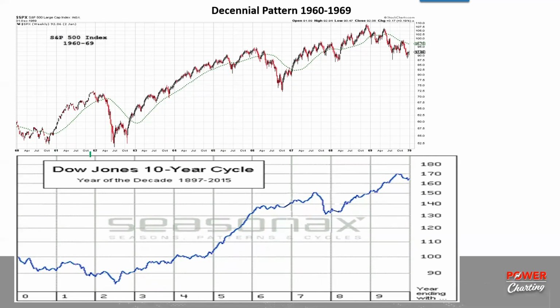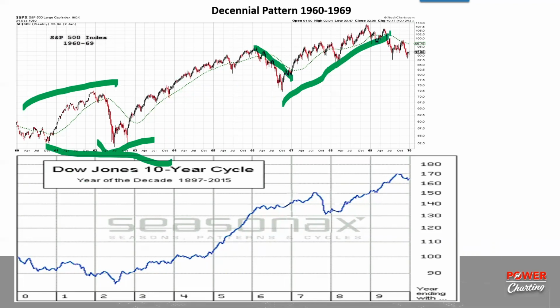Kennedy period. And so you can see the 62 low. We actually did a case study on the broadening formation that existed here, but look at second year, important low, then a test, and then a rally into the sixth year. The reaction came in the sixth year, not the seventh year, and then we had an important run up into